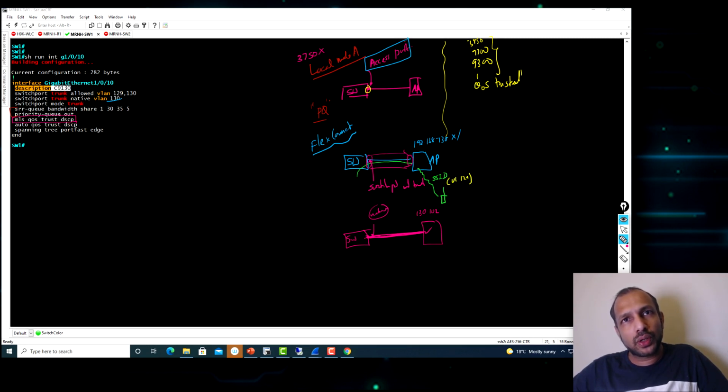So that VLAN 129 traffic comes as tagged traffic here. So there will be an 802.1Q priority value coming. If you want to trust that particular value, then we need to look at that. Otherwise, if you really want to trust the DSCP setting of the end application, then even if the tag value comes, we don't want to trust that particular tag value. So in that way, we will look at the implication of that in the FlexConnect